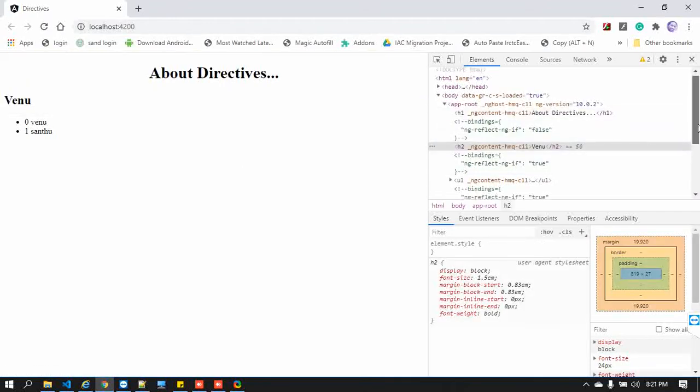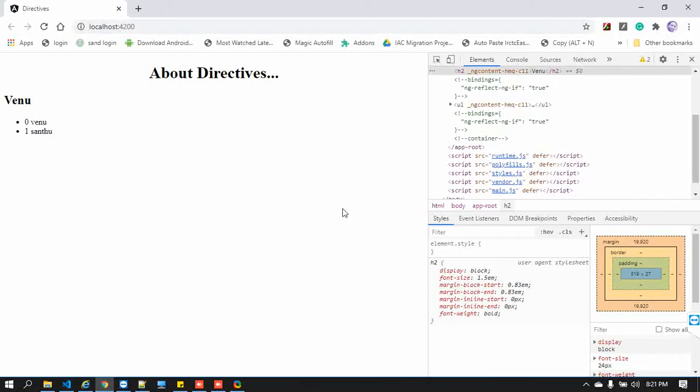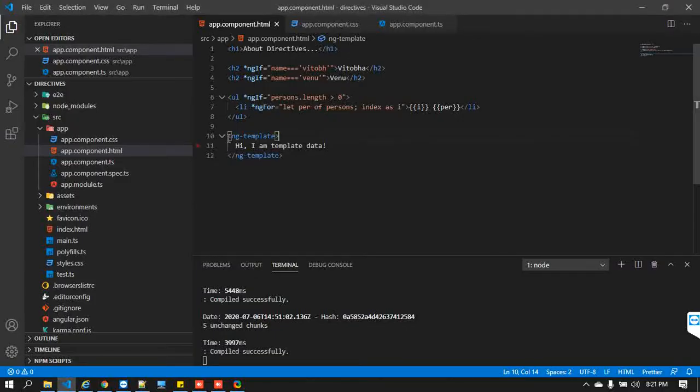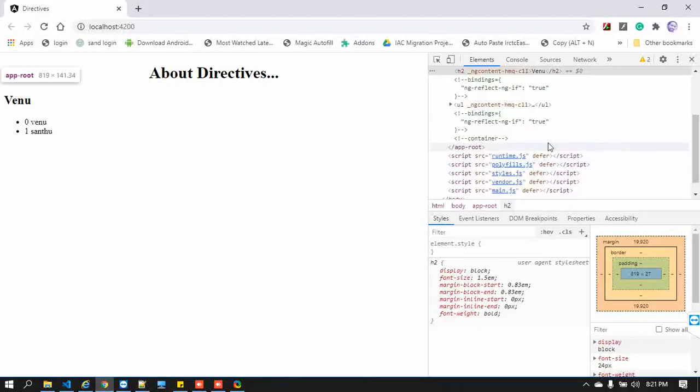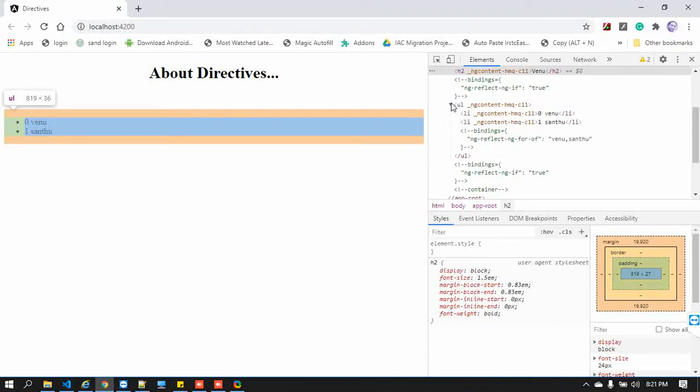Whenever you use ng-template, the template will be displayed based on our need. This is the template I have created, but it is not being used by us, so it is not added to your DOM. If you look here, it is not added to the DOM element at all.